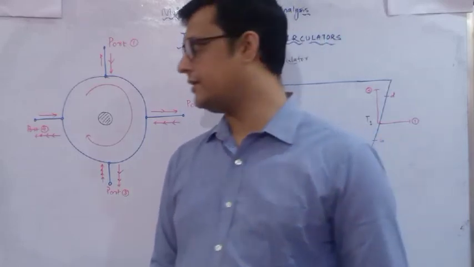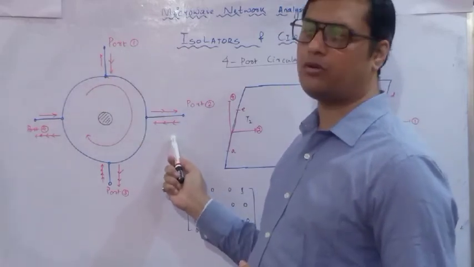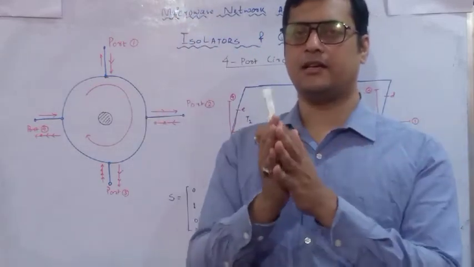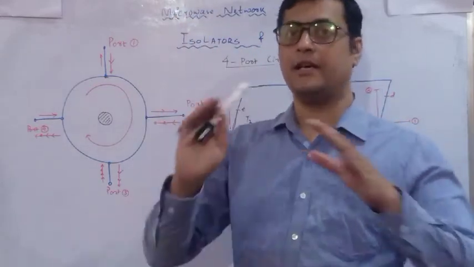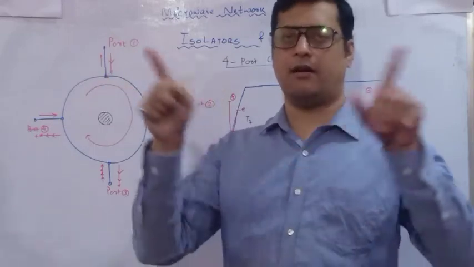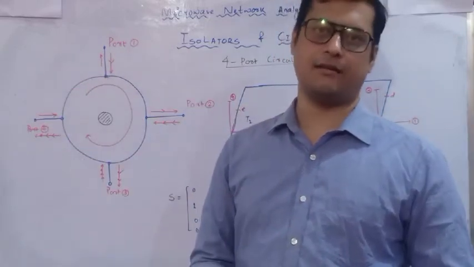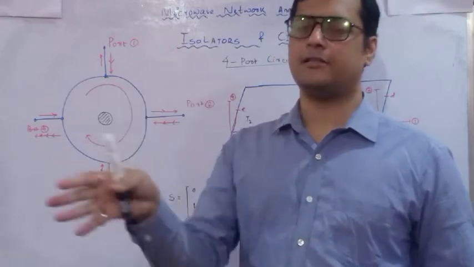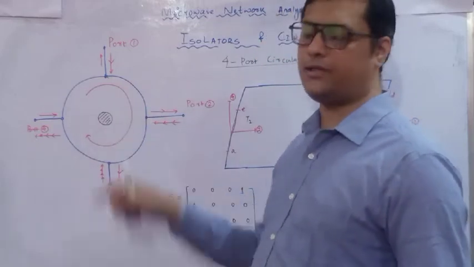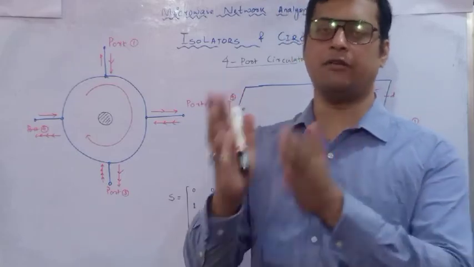How? Let's see. When I feed the power at port 1, the adjacent port 2 has the power. We have seen power dividers and splitters, where two powers are divided, and in the rat race we have seen that at an angle of 180 degrees the waves cancel each other, but in the alternate ports half of the power is available. But in this case it is not like that. It circulates the power in a certain, uniform direction, which is clockwise in nature. In the center we have a small ferrite material which will absorb the reflected waves and only provide the unidirectional path.